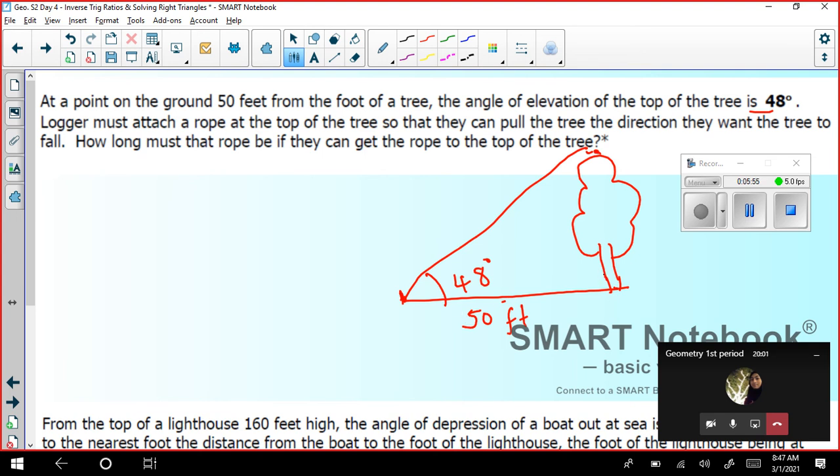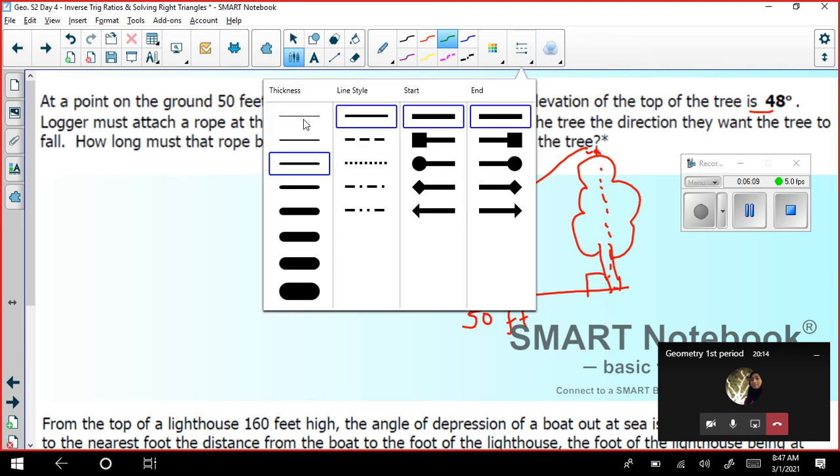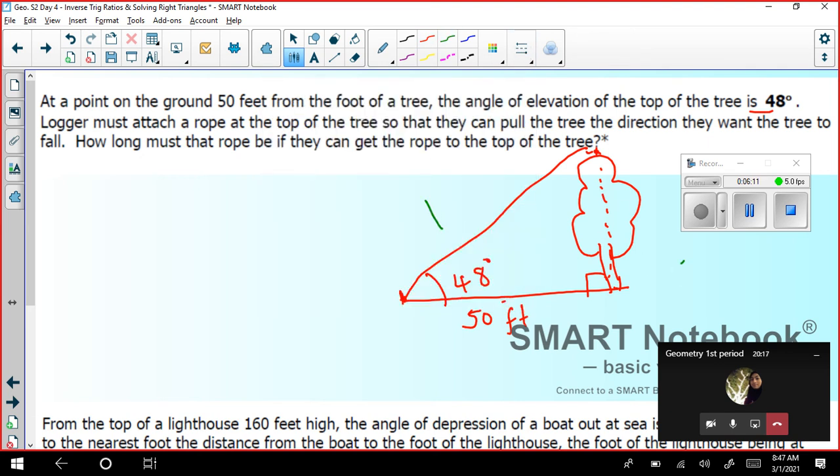This is your right triangle. Once again, this is your right triangle, and this is 90 degrees. So this becomes the hypotenuse. This is your hypotenuse. And this is our reference angle. For this reference angle, this is your opposite side, and this is your adjacent side.